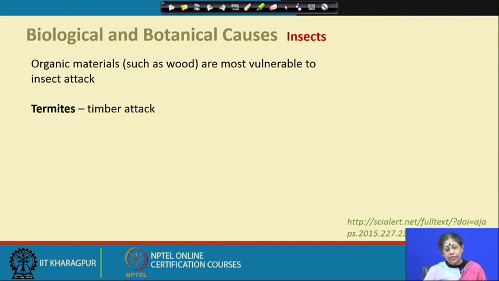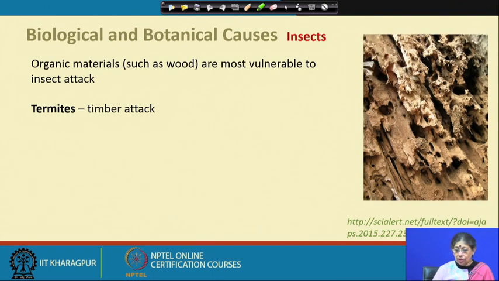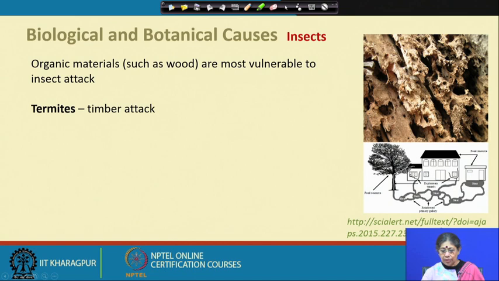The other very important thing, and which is quite damaging, is the termite attack. This is something quite dangerous, because sometimes we can't even know that something is happening. This is especially the wood effects. You can see that beneath the surface, termites can really deteriorate a historic wooden component,